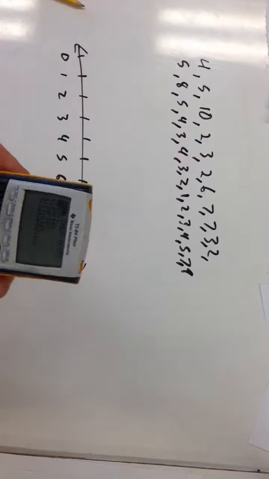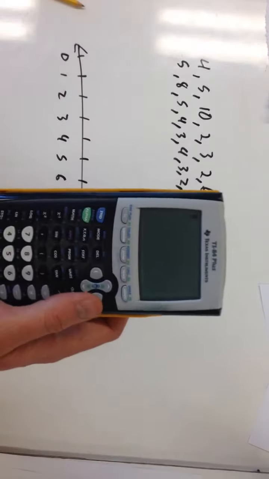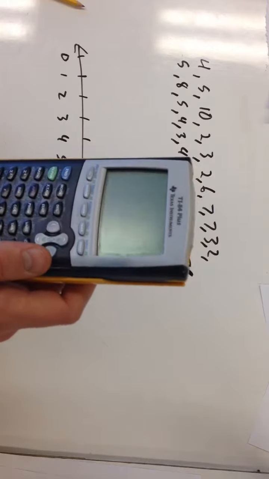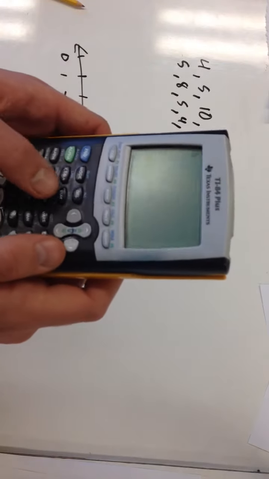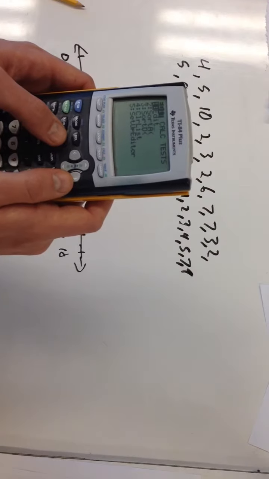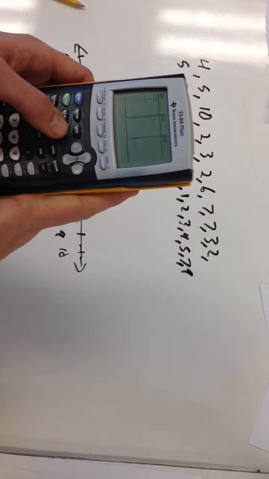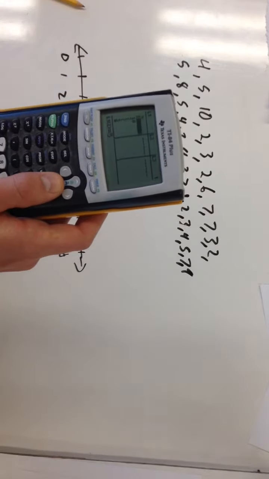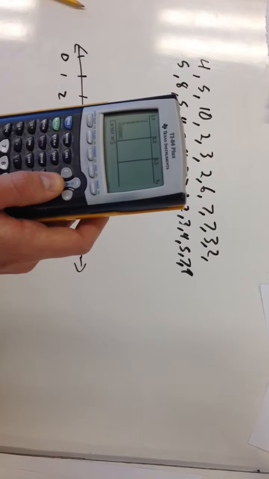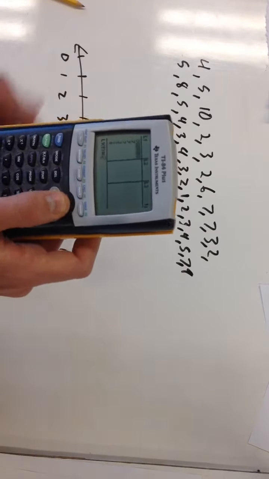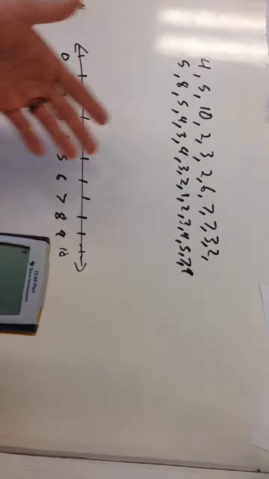So what you want to do is, on your calculator, you're probably at some screen like this, right? What you want to do is go into stat like this, and you'll find this screen, and then you click enter to go to edit. Now I've already entered in all the data because that would make a really boring time for you to watch me do all that. I just entered it all in, and now we're ready to make a box and whisker